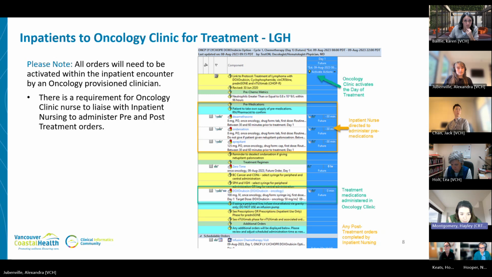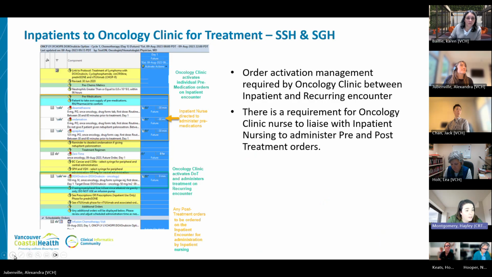But you know what we can do is dive into, because LGH has a space that can host inpatients in your clinic. You have the ability to transfer, not a space, like a location in Cerner. You do have a chemo hold that will take it. So what we can do is show the other workflow, which is what Seashelt and Squamish would need to follow. And it's what LGH can continue to do, but you'll find that there's just a little more encounter management. So let's show that one. And then, does that sound okay, Karen and Lee? Yeah? Okay, awesome. Okay, so for Squamish and Seashelt,